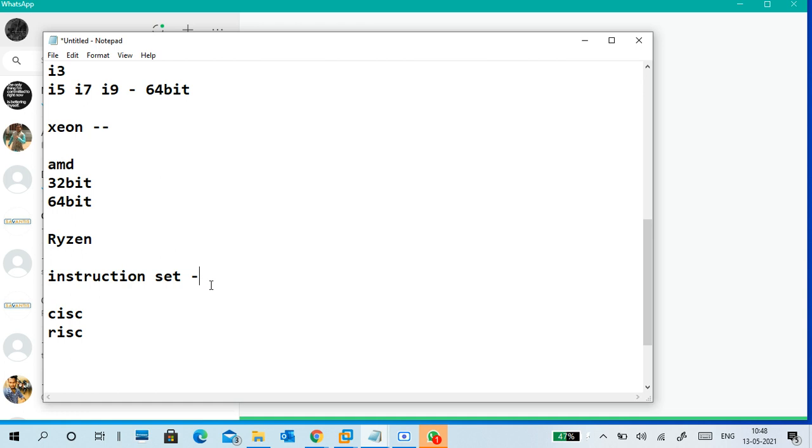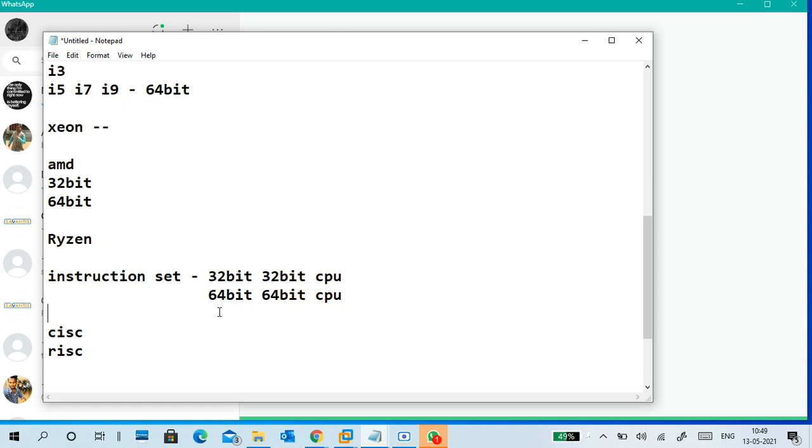So instruction set is 32-bit in a 32-bit processor, 64-bit in a 64-bit processor. Okay, instruction set is 64. So what instructions you are loading, that is a 64-bit instruction. And what the CPU understands: in a 64-bit processor, the CPU will take 64-bit instructions only.